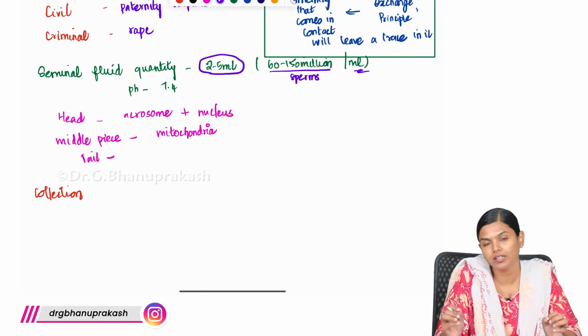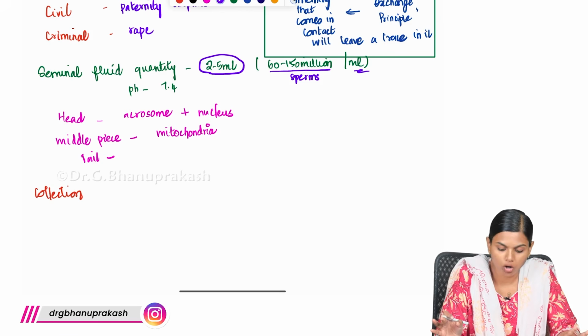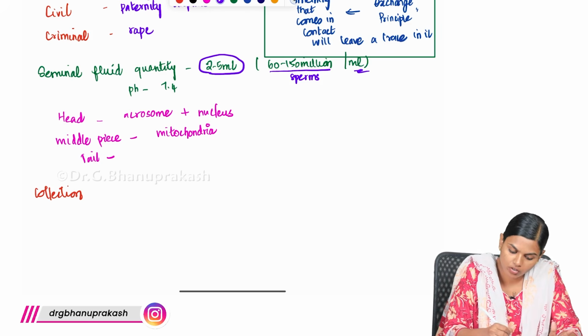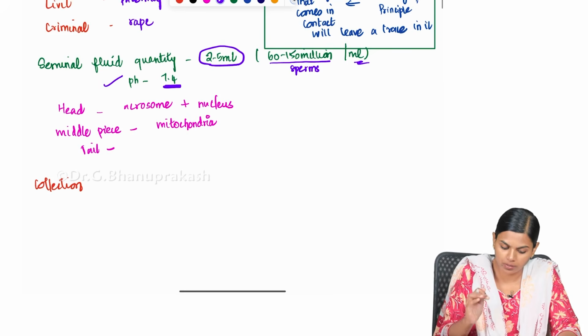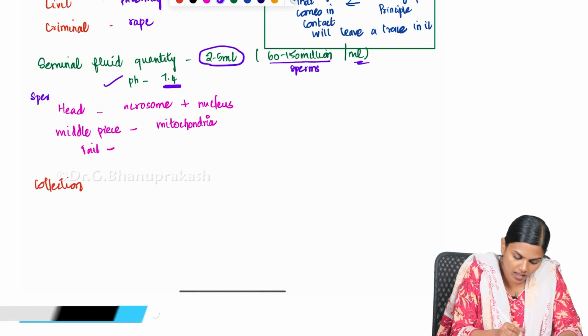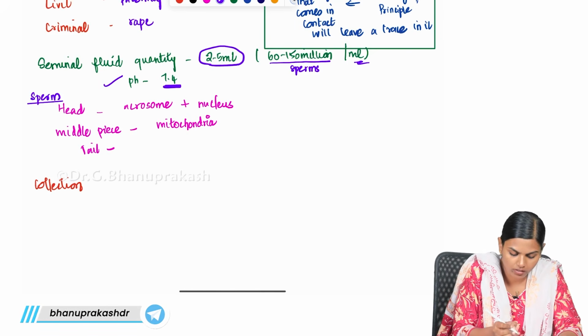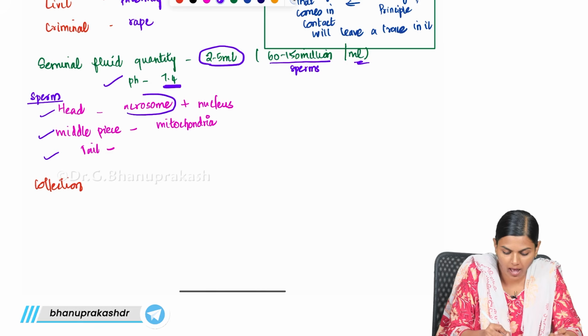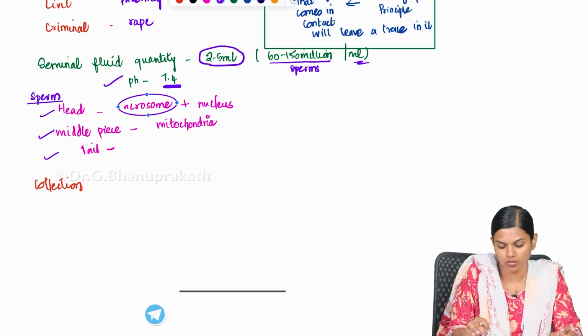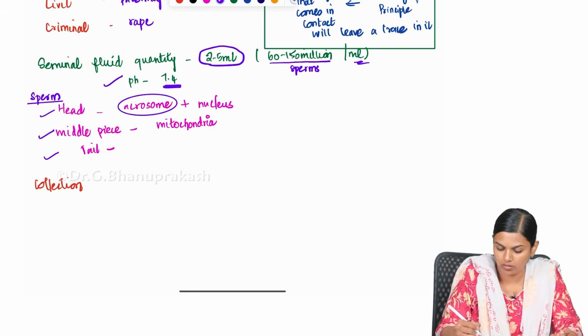The pH of this fluid will be 7.4. And the sperm has three parts: the head, the middle zone and the tail. The head has something known as the acrosome. This acrosome is responsible for